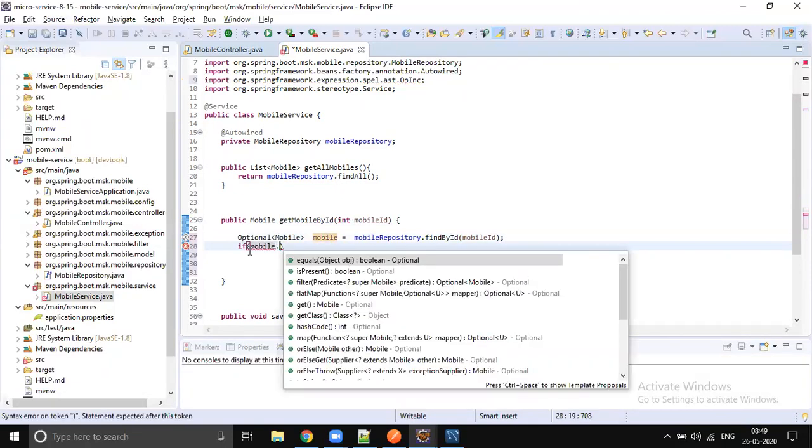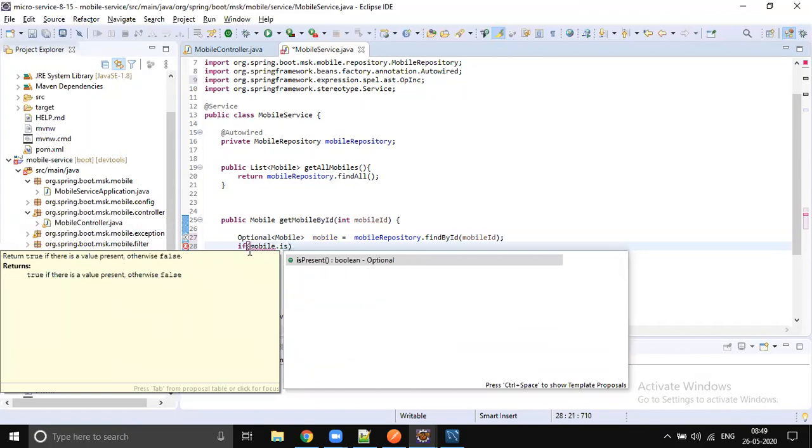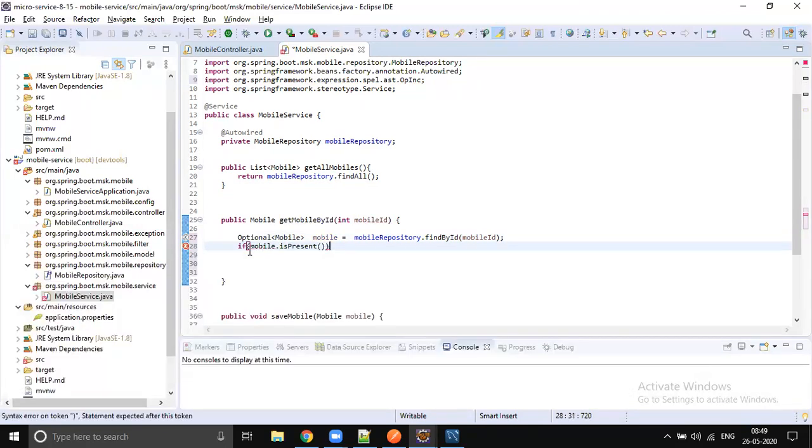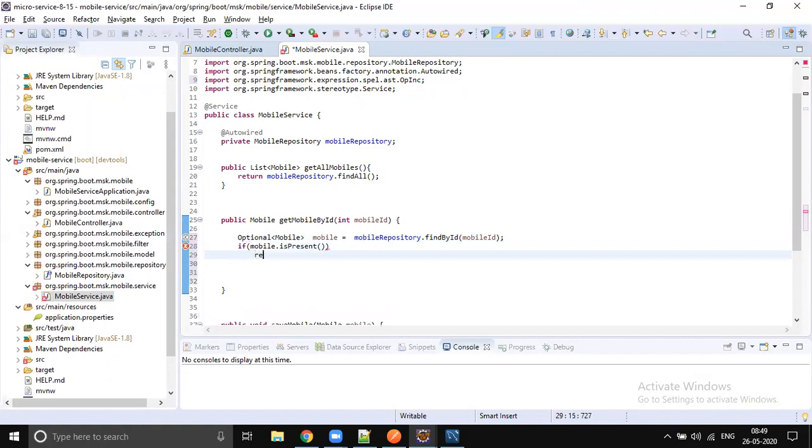If mobile.isPresent, then return mobile. So return mobile. Sorry, mobile.get. So if that if condition is not satisfied, then throw new